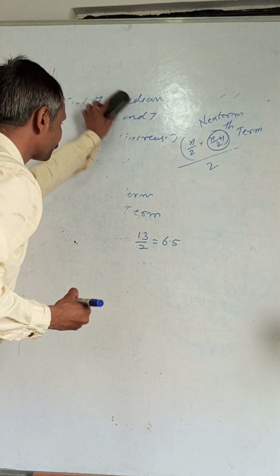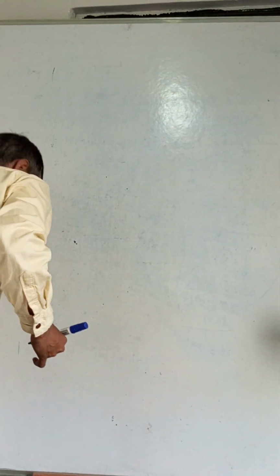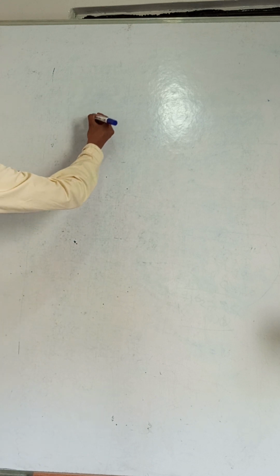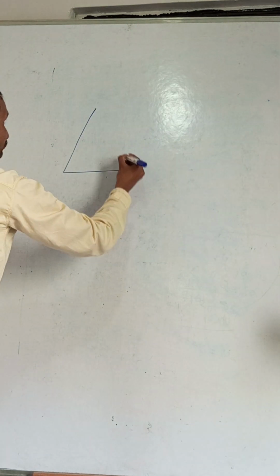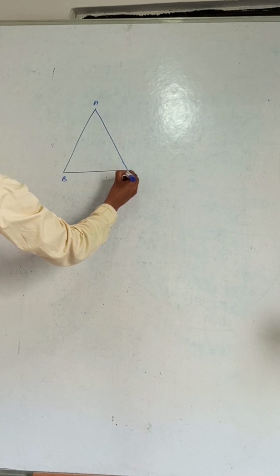Taking the next question. Next question is given here. Write the statement for the basic proportionality theorem. That is called the Thales theorem also. Basic proportionality theorem, BPT. So what is that? If a line is drawn parallel to another side of a triangle, it divides the sides of the triangle in proportion. Means what? If a triangle is there, let ABC be a triangle.